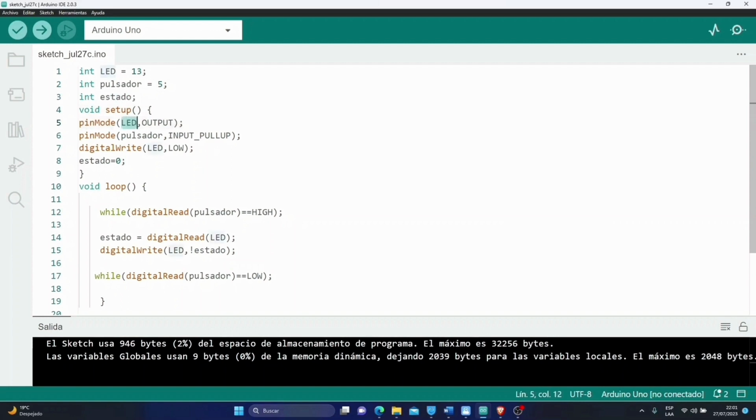Then in the void setup we are going to configure the LED as an output using the pinMode function. Then we are going to configure the button as an input, but as an input connected to a pull-up resistor. This configuration is going to be done internally, and we do it so that we physically do not have to connect a resistor to our push button on our breadboard. We also do this configuration using the pinMode function. Then using digitalWrite we are going to declare the variable LED. The state variable will take the value of 0,